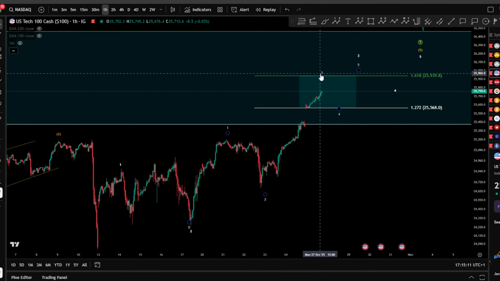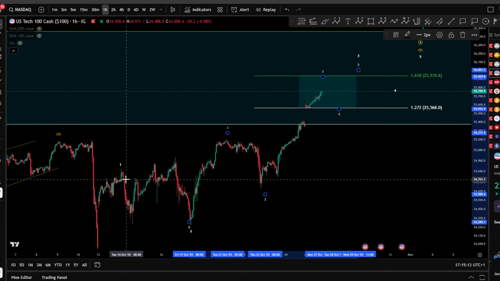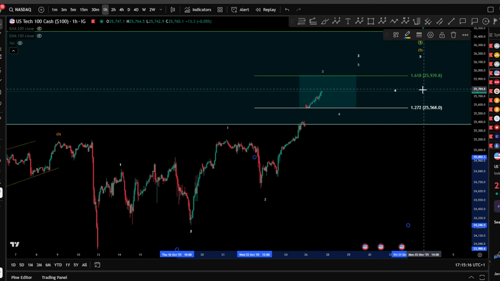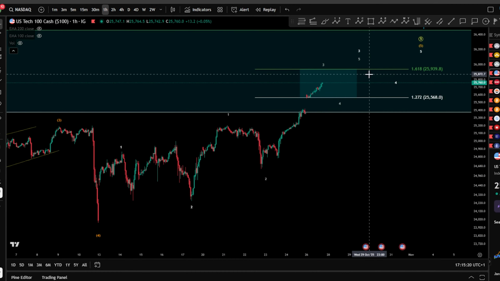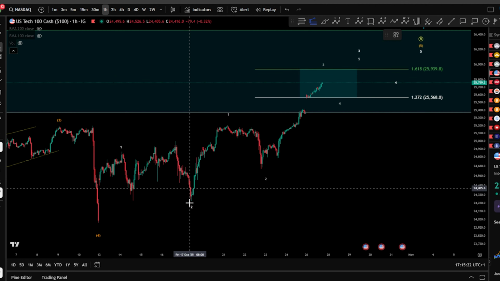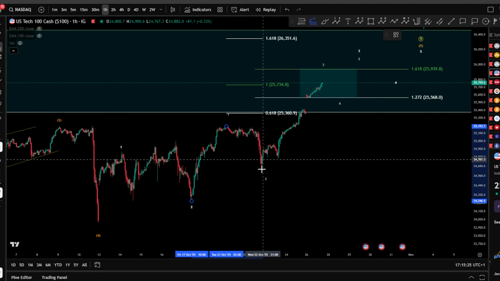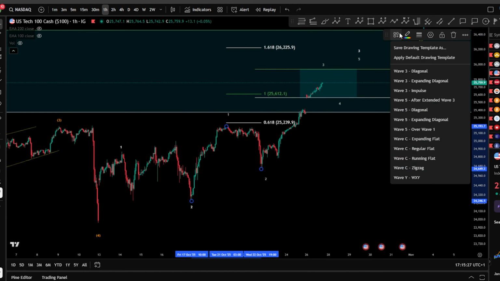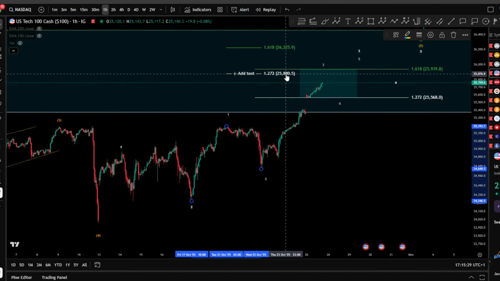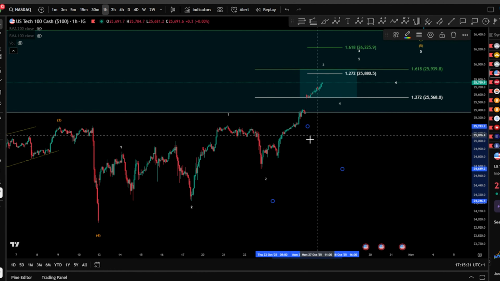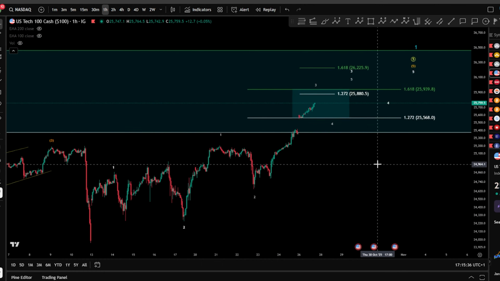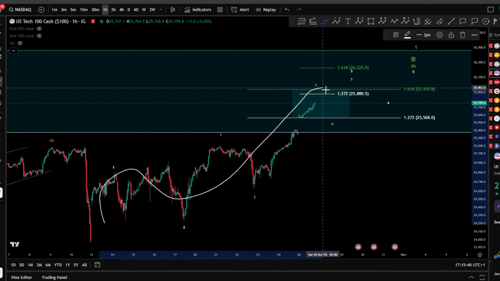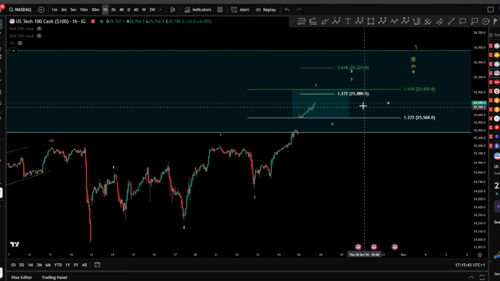Now, basically, the target for the wave 3 taken from the wave 1 to the wave 2 here gives us a potential scenario around the 1.618 to be hit as a wave 3. If we take also the wave 3 taken from this wave 1, 2, we can see as well that we are very close to hitting the 1.27 Fibonacci level for a wave 3, which is in confluence with the 1.618 of this 1, 2, and then wave 3, 4, and a 5 towards the upside.